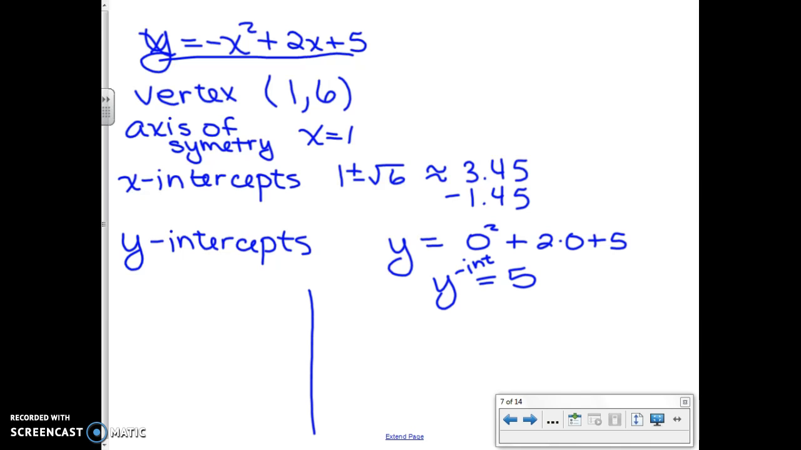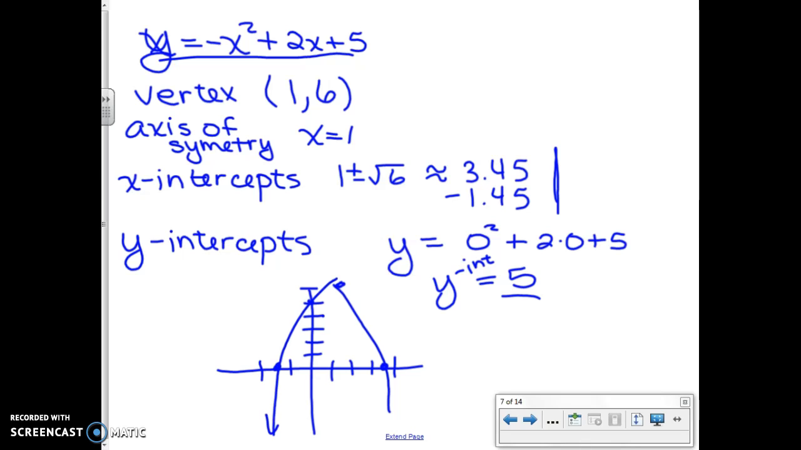If I want to sketch the graph of this very quickly, my vertex is going to be at (1, 6). 1, 2, 3, 4, 5, 6. And then I know I have x-intercepts at about 3.5, very close to 3.5 anyway. So right there, and very close to negative 1.5. So about there. I could go get other values. I know it's supposed to open down, and I know I have a y-intercept of 5. So there, oh, I didn't do a very good job of getting that curved, but you get the idea of